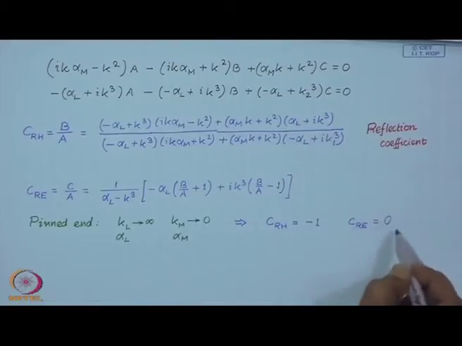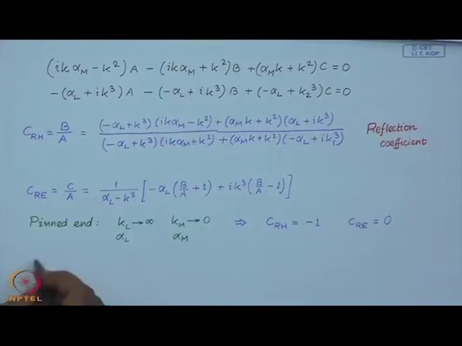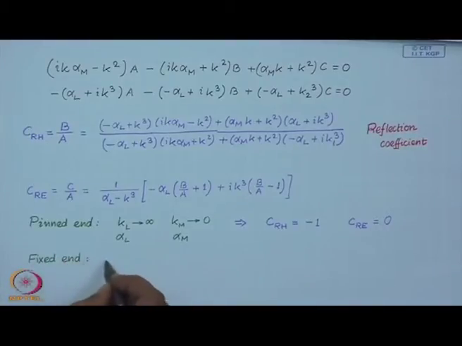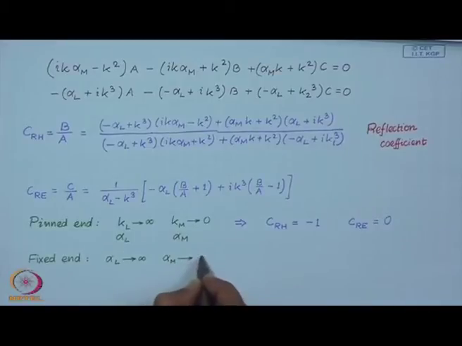whereas there is no evanescent wave reflection when a harmonic wave is incident on a pinned boundary. The next case could be a fixed end, in which case both of them tend to infinity, and in this case